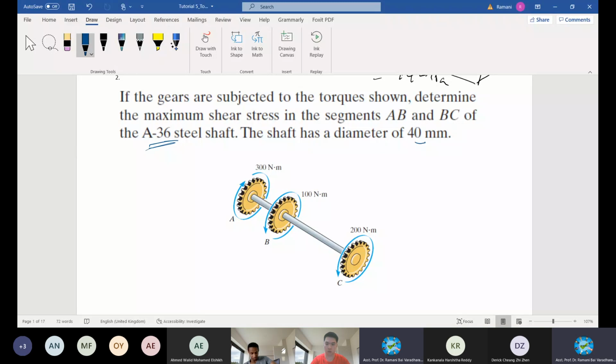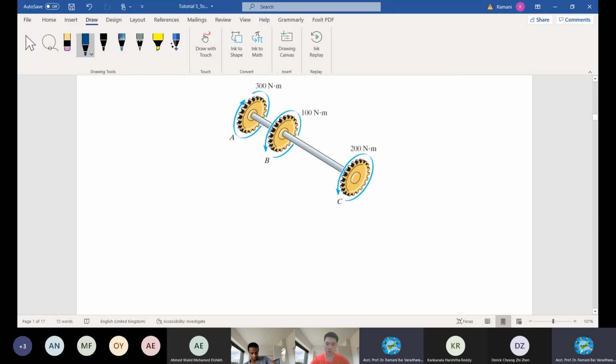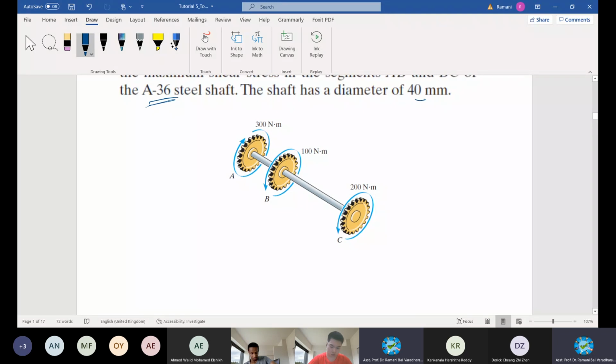What are the given data? You can consider and say support condition is not important in the case of torsion, right? But if it is given, you work for that. Otherwise, you assume that there is support at one end. I will start working from one end, saying that the support is located at this point. Given data.